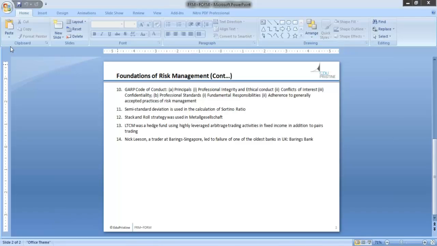This session is on recapping all of the FRM concepts which are very important from the exam perspective. Okay, and I know a lot of people should have doubts on some concept or other. So what best you can do is, if you have content related doubts, you can just mail it